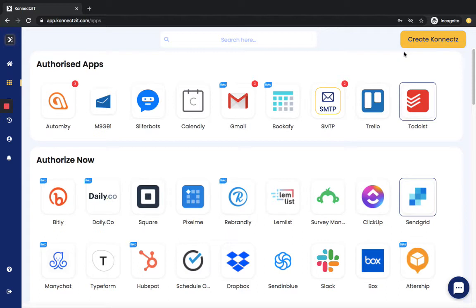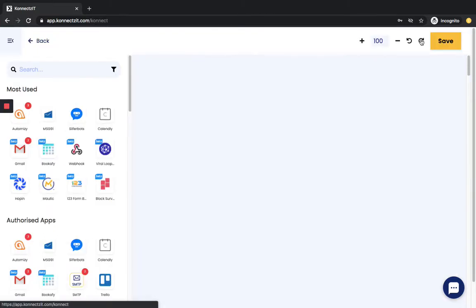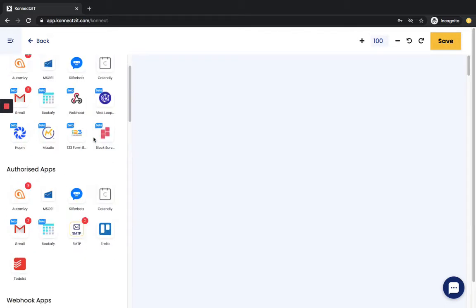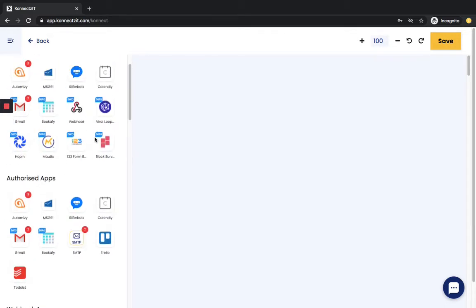So straight away we will jump on to create our connects to build a workflow, using our drag and drop visual flow builder, which makes your job easy to build your own workflows. This is our canvas. All your authorized apps and most used apps will be displayed on the left hand side of the panel. Whichever app you want to use, you can drag. The first app, right now, I will use is To-Do List,